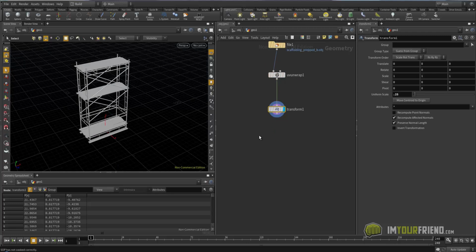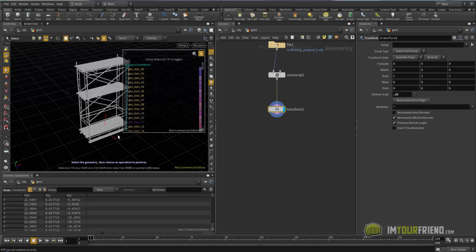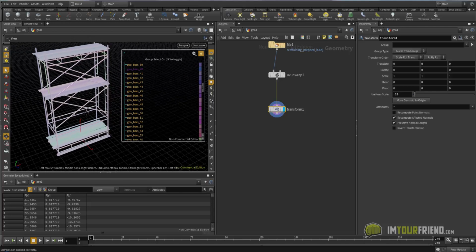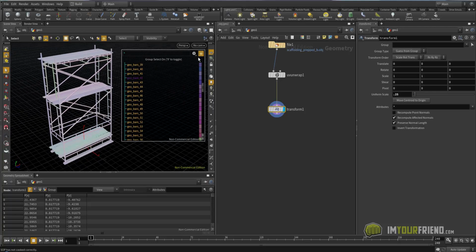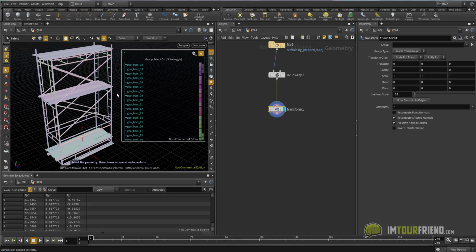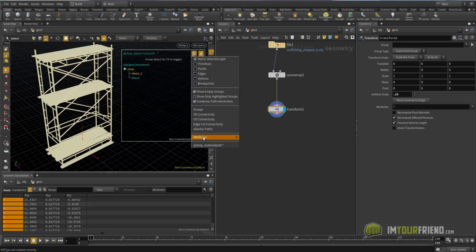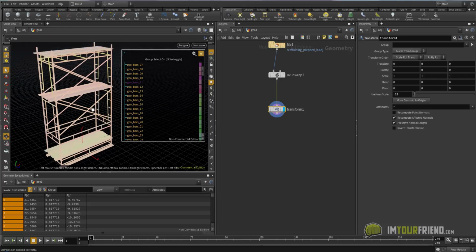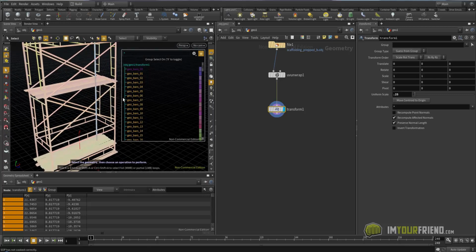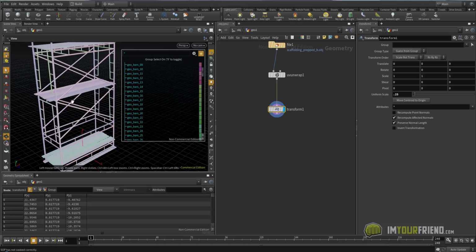I'm going to split this up through the piping and the crates. To do that, just hit this little icon here, and it's a way of selecting based on attribute and groups and other properties like materials and whatnot. You get this little dialog here, which allows you to view what you're selecting in real time. Hit this little wheel up here, go to attributes, select by groups. Since groups come with the OBJ, they're named appropriately. So we have planks and bars, so we have consistent naming here.